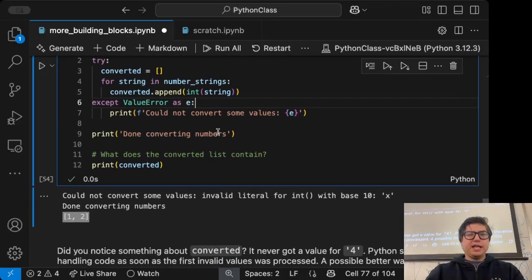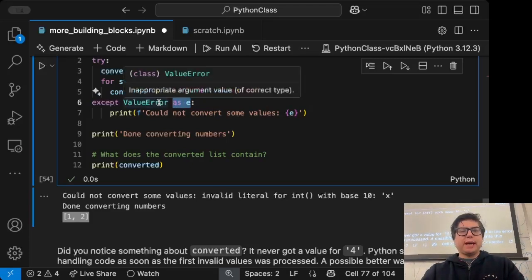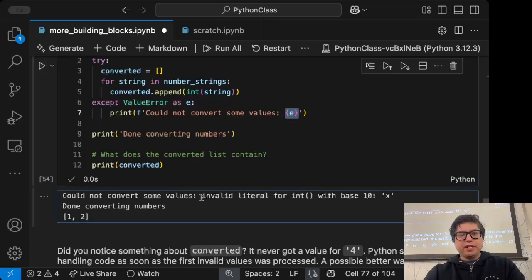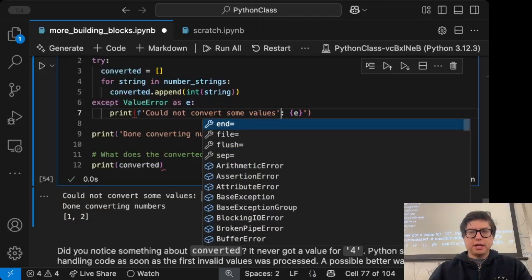Also notice that this e, when I say as e, basically I'm saying whatever exception, whatever value error happened, store it in the variable e, right? And then in my error message, I can just print out e like a string, right? It'll get converted to a string. And when it gets converted to a string, it has the message of the exception, which is actually kind of nice, right? Because if I just did this,